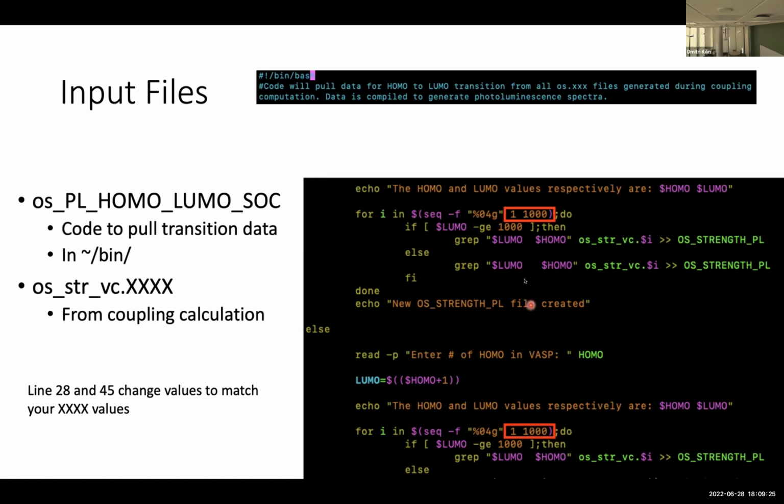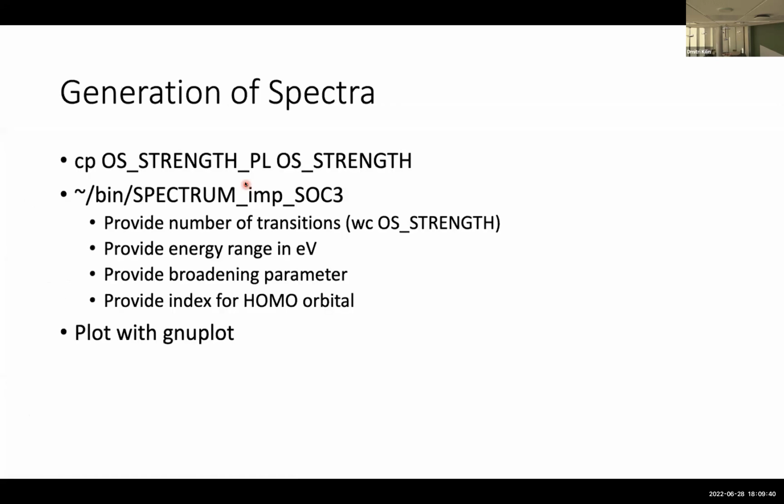So what this code does is it generates an oscillator strength file with just the HOMO-LUMO transition through all of along your molecular dynamics trajectory. So to actually generate this spectra, once you have that oscillator strength file that was generated by the script in the last slide, you treat it just like how we treat absorption spectra. So you will plot it and you will get out a plot,